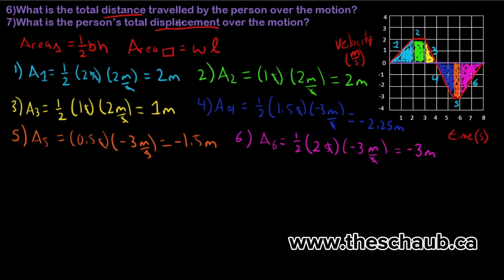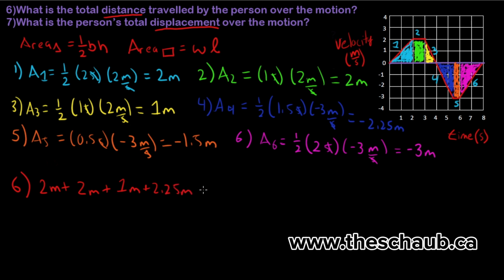So when we calculate the displacement, the direction we're traveling is very important. To answer question 6, what is the total distance traveled by the person over the total motion? All we have to do here is add up our distances traveled. In our first segment, the person goes 2 meters. In our second segment, they go another 2 meters. In our third segment, they go 1 meter. In our fourth segment, they go